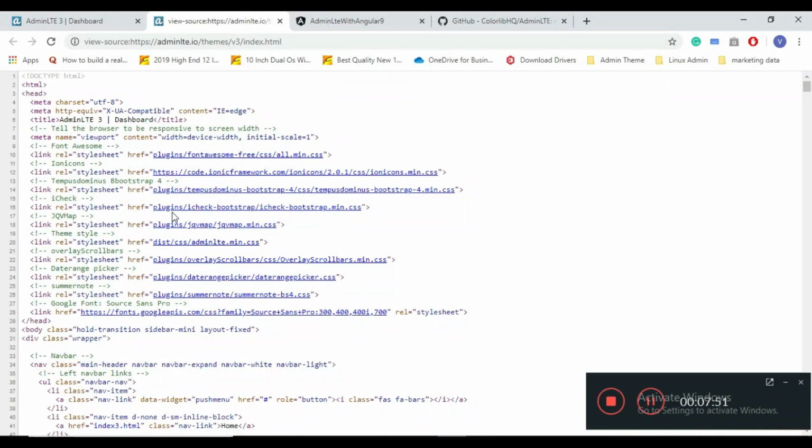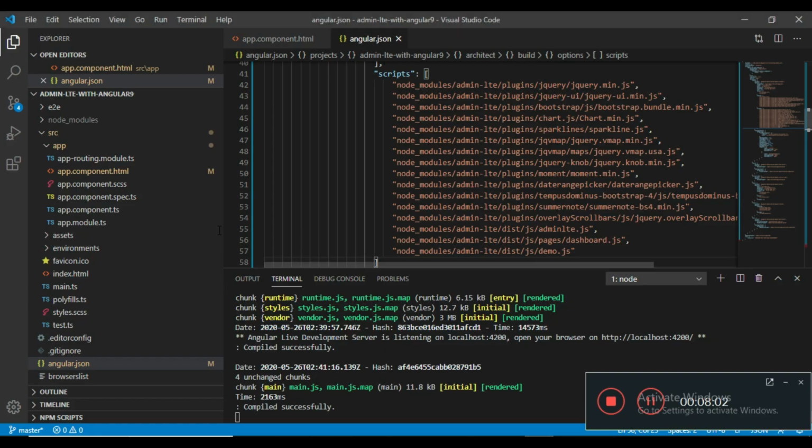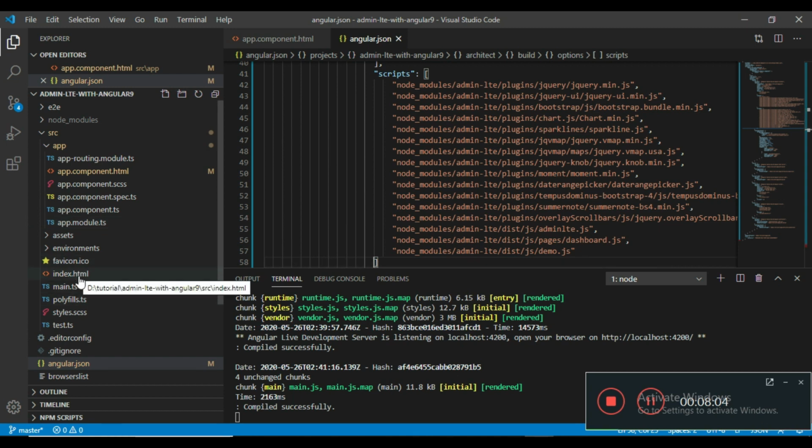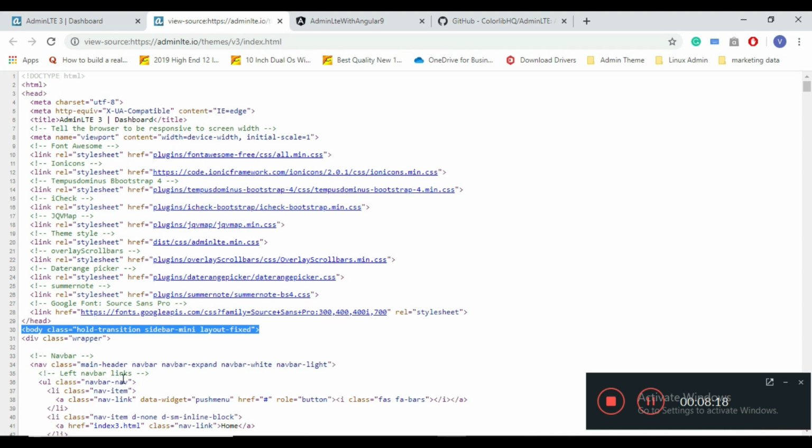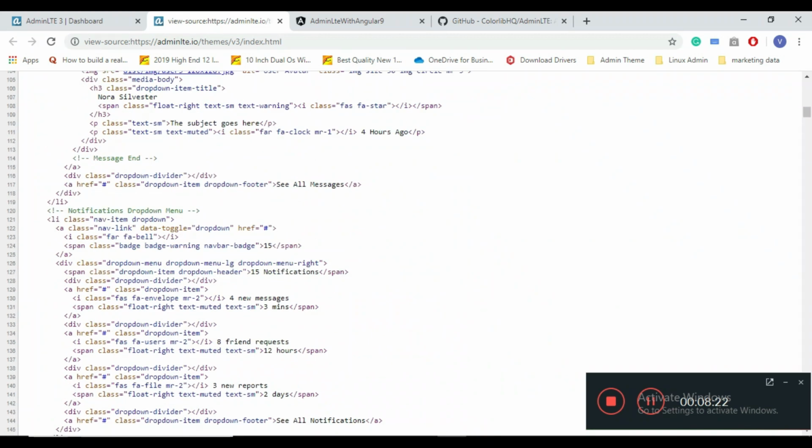Now in the page source, copy this body tag, go to the index.html file and replace the body tag in your index.html file. Then copy the remaining code,